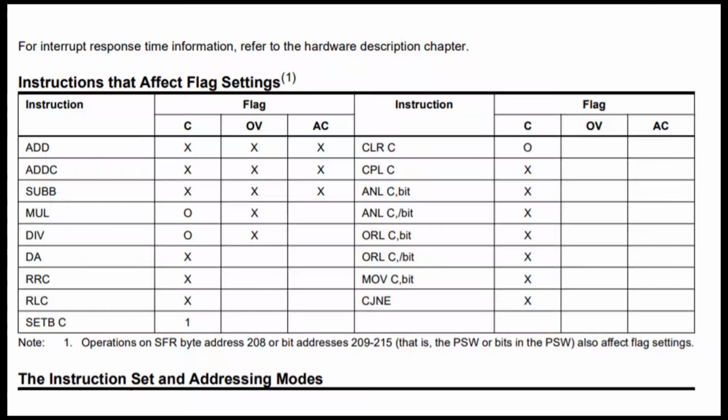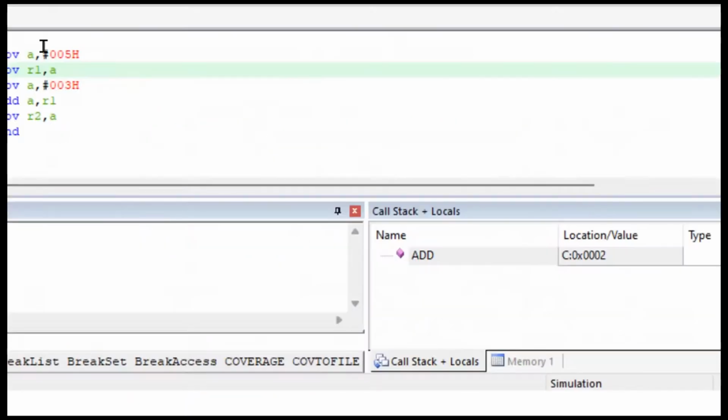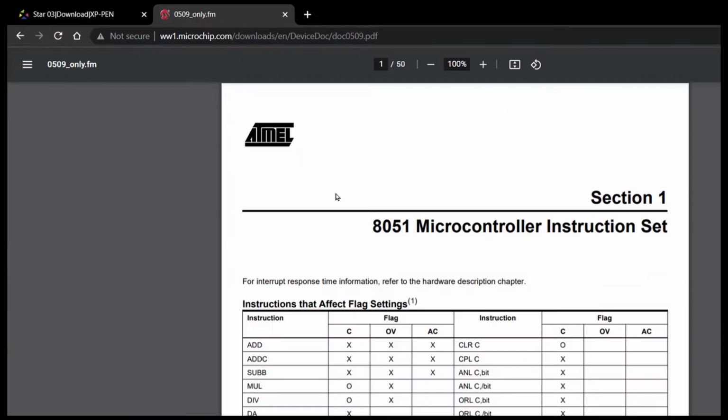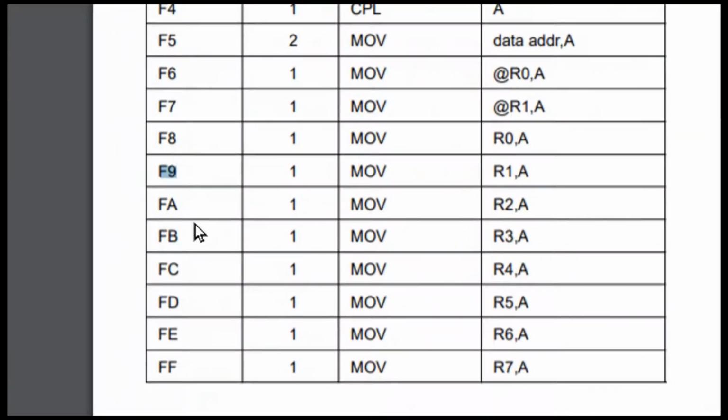In this PDF, if you see carefully, now my instruction is F9. If you don't know what F9 is, no worries. You just search F9 in this, and you see F9 means move A comma R1. So whatever the value of A, that will be moved to R1.